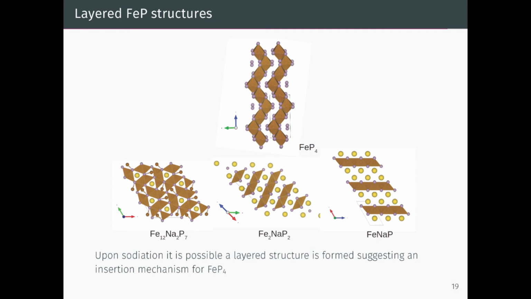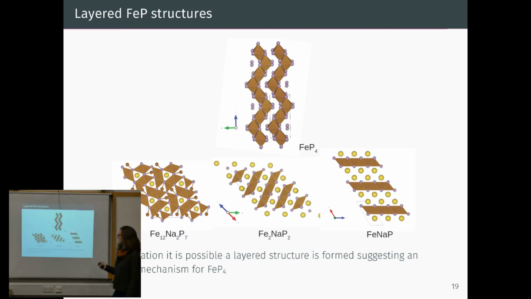But from these layered phases, this sort of suggests that if these layered phases do form at stable temperatures and pressures, then potentially we might actually be able to use, let's say, this iron sodium phosphorus material over here as a layered anode for a sodium ion battery, which is slightly different from just using this iron phosphorus 4 over here. So if you could form these, then they would potentially be very stable anode materials because of their